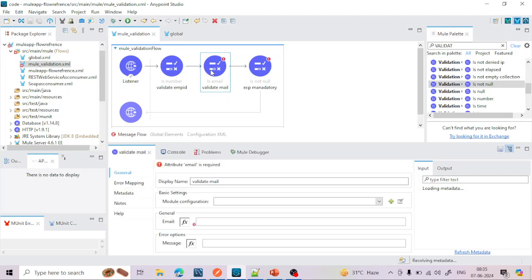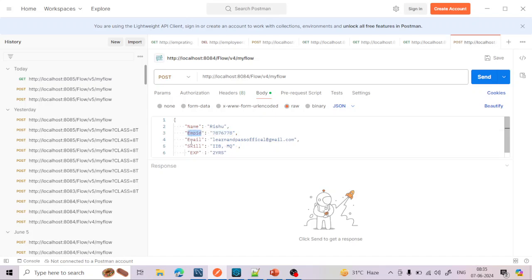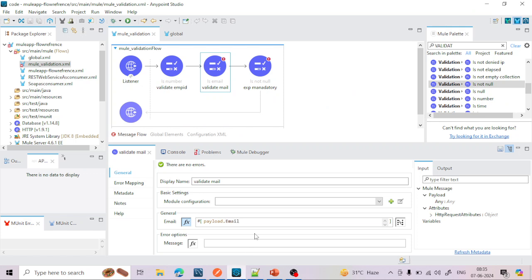Let's validate the email. To validate the email, first again you need to select which field the email is coming in. The email is coming in payload dot email. Okay, so let's select the payload first, and after the dot, the field; let's copy the field. The field is email, so let's copy this and give it here. And what message, in case a wrong email comes, what message you want to print, you have to give here. So let's write: invalid email ID, please